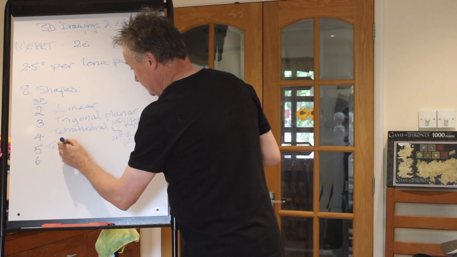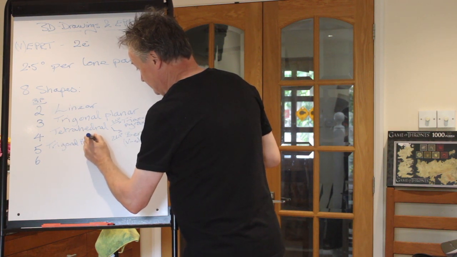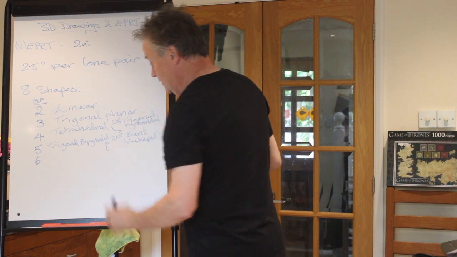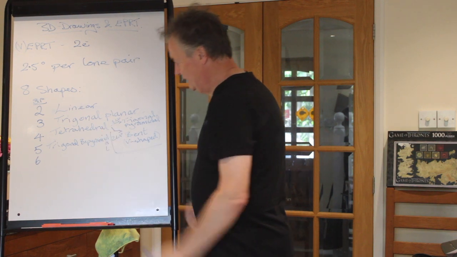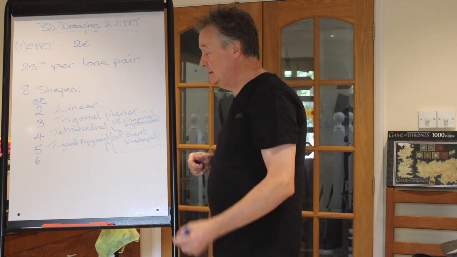So, oh dear, forward planning, run out of board. There we go, Trigonal Bi-Pyramidal. And then